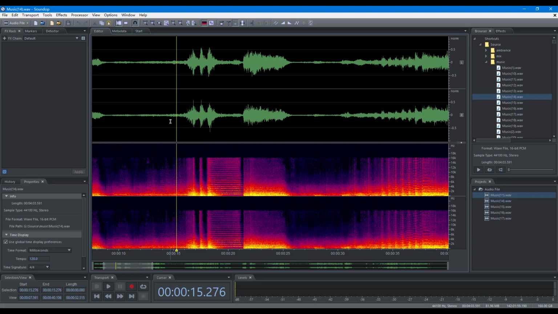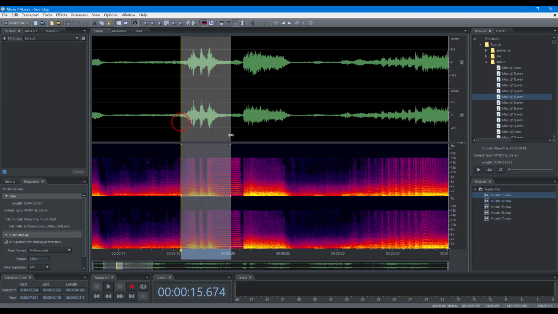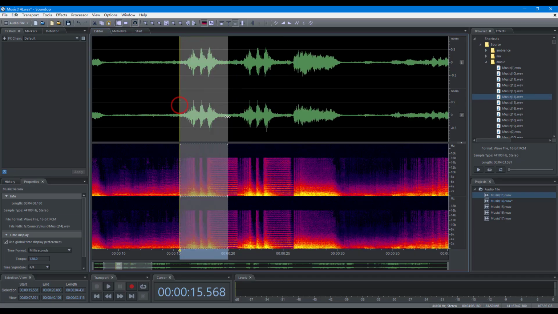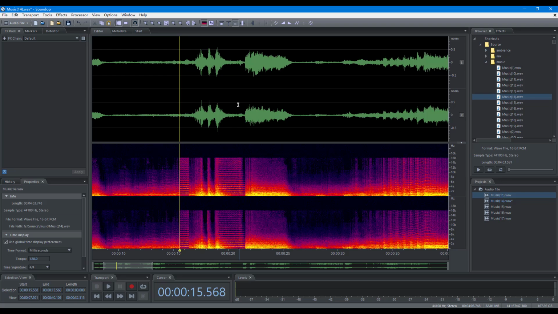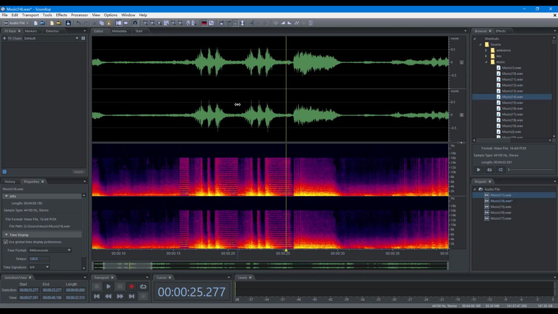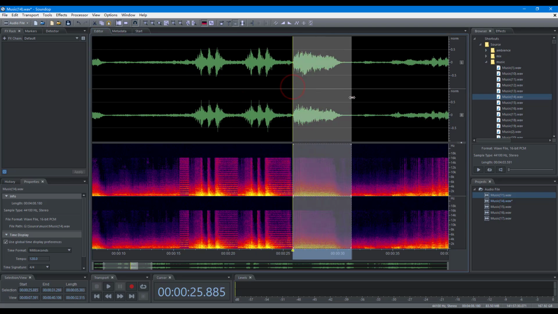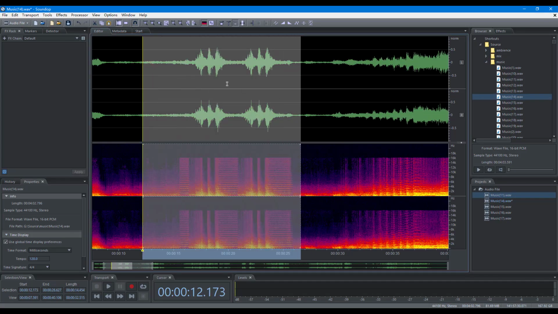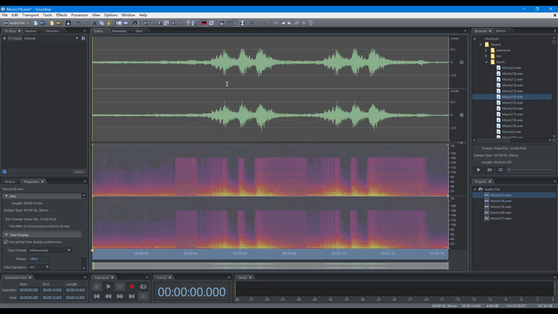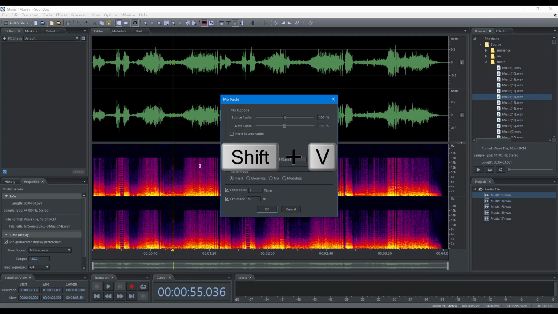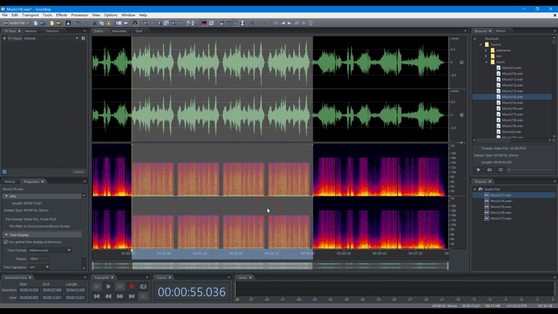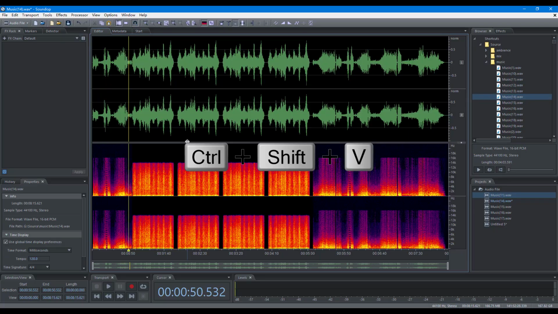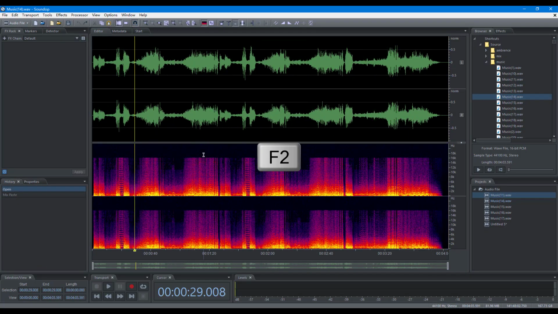Some keyboard shortcuts to edit audio files: copy, paste, cut, paste, delete, crop, mix paste, copy to new, paste to new, repeat the last command,